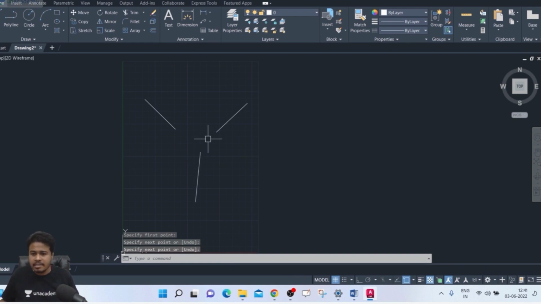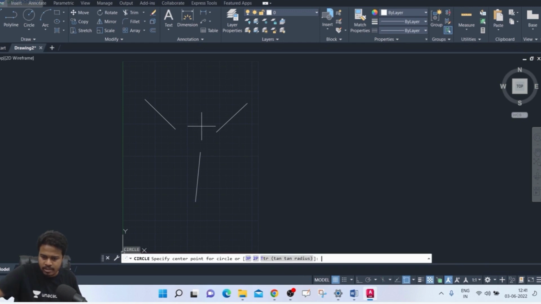So these are the 3 lines. Let us draw a circle which will pass through 3 points of that particular line. Go to circle, go to this 3 point, 3P. Okay, now